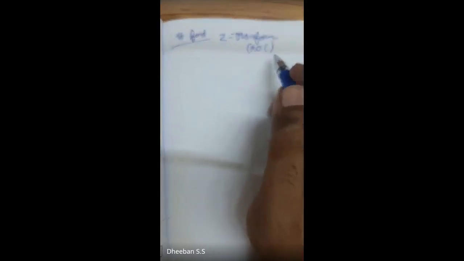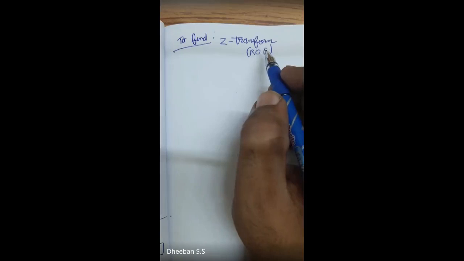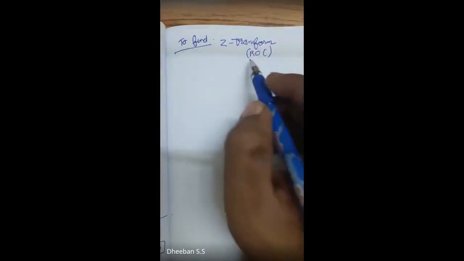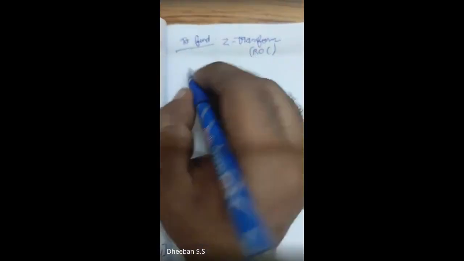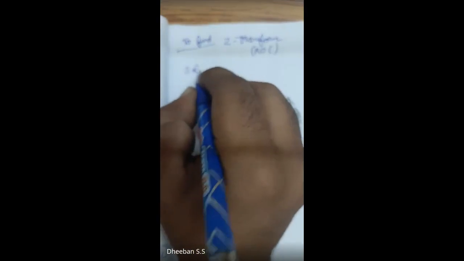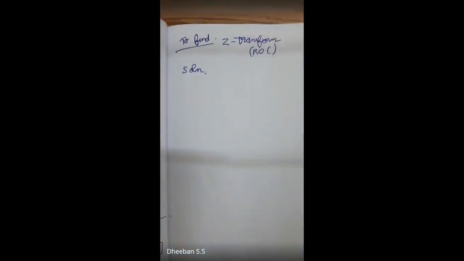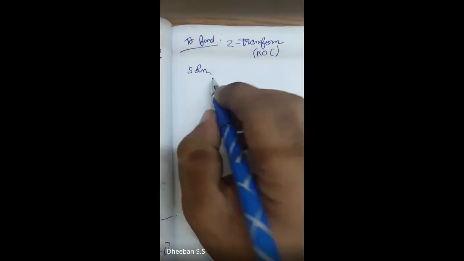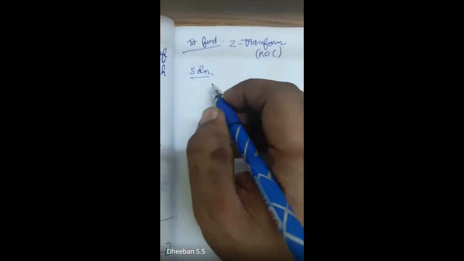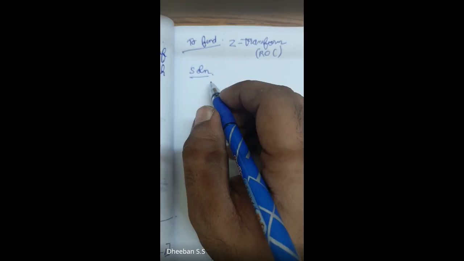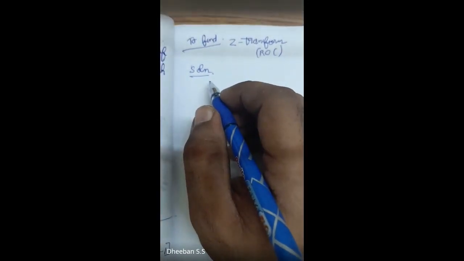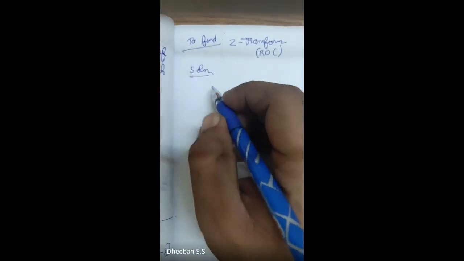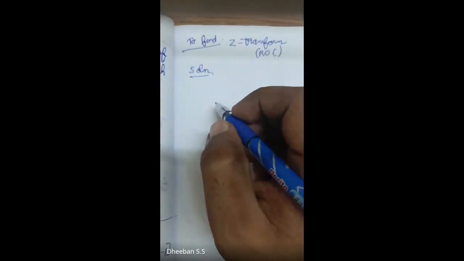In general, if they ask to find your Z transform, you also have to find your ROC. The solution will be going